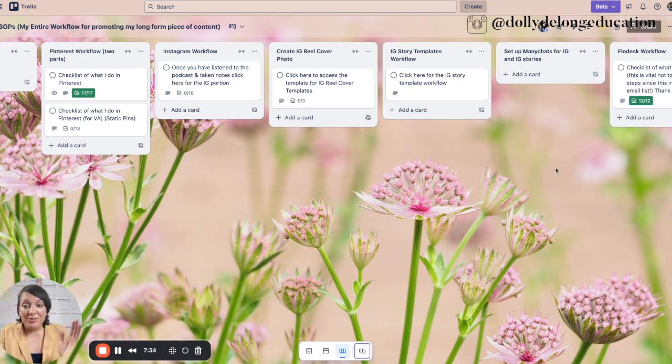So there you have it. There is my complete step in for my SOP in Trello. And again, you can transfer this into your project management tool of choice. I just wanted to showcase to you how I take one piece of content and how I spread it out. Really hope seeing the back end of my project management tool Trello was helpful for you